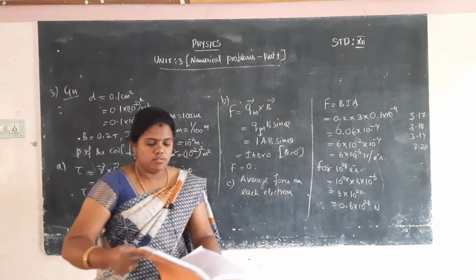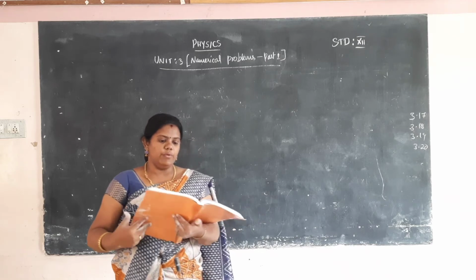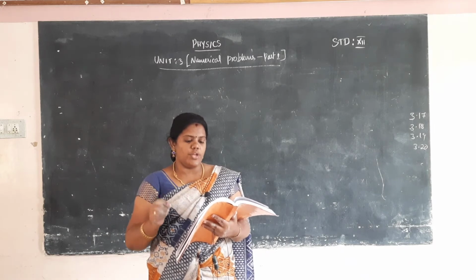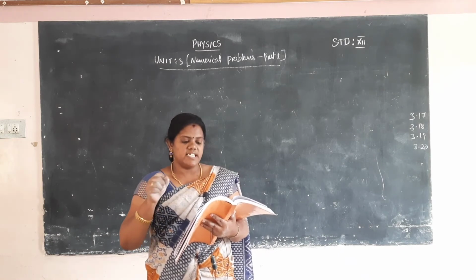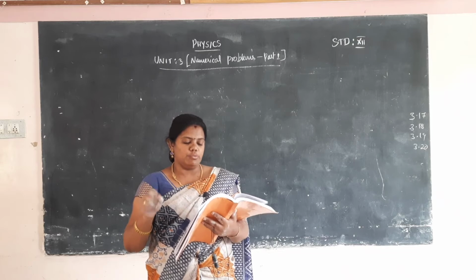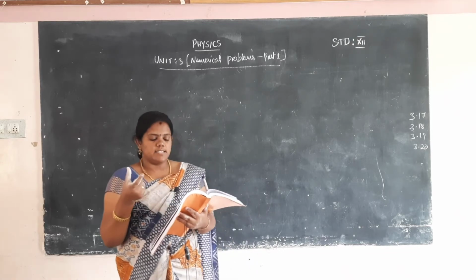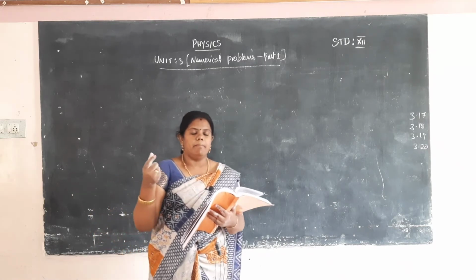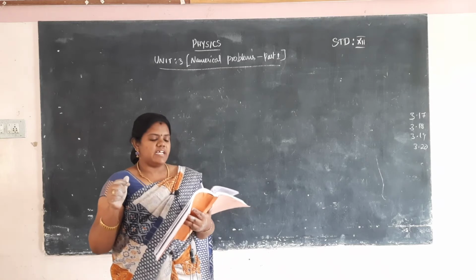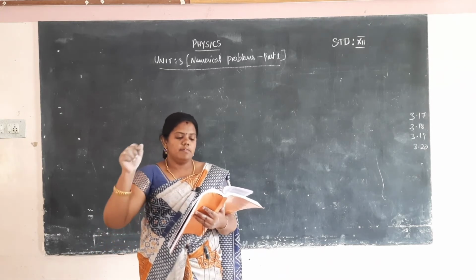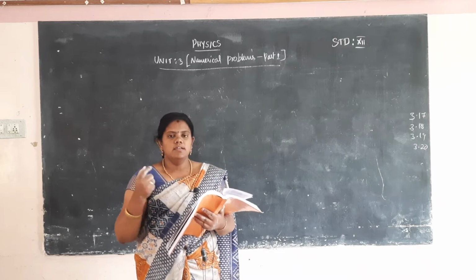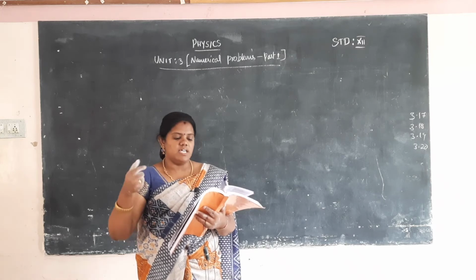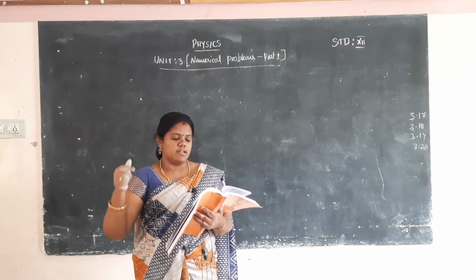First I rub the board. Okay. A bar magnet is placed in a uniform magnetic field whose strength is 0.8 Tesla. If the bar magnet is oriented at an angle 30 degree with the external field, it experiences a torque of 0.2 Newton meter. Calculate. One bar magnet will be kept in a uniform magnetic field and the magnetic induction value is 0.8 Tesla. If the bar magnet is oriented, rotated at an angle of 30 degree with the external field, it experiences a torque.